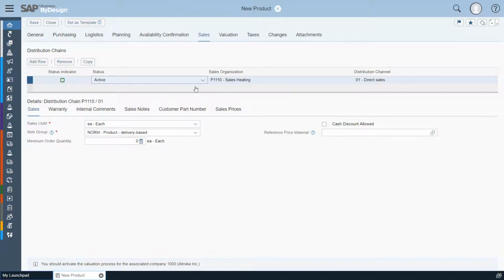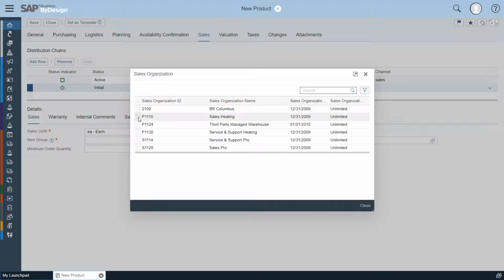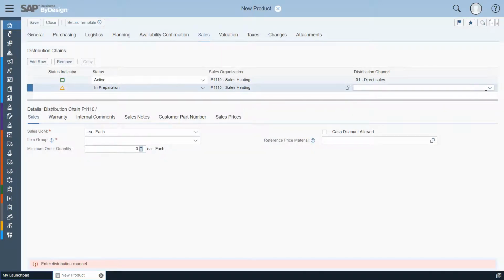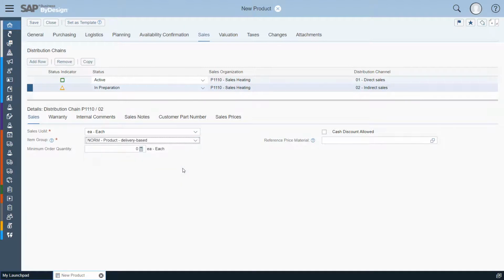Besides the direct sales, I also want to define indirect sales as a second distribution channel for our new product. So again, I need to add a row, select again Sales Heating as sales organization, but this time I select indirect sales as distribution channel. Again, I now need to maintain the details for the distribution chain. Unit of measure has already been pre-filled, so I only need to select the item group, which is again Norm. After that, I can set the distribution chain to active, and I'm now done with the sales tab and can